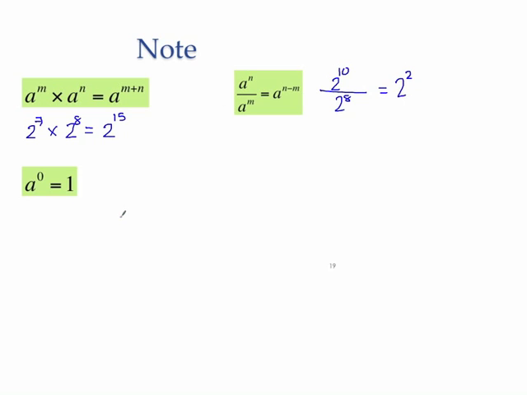Okay, for the next one, it's a bit of a special case. A to the 0, so anything to the power of 0 is equal to 1. So we can have 7 to the power of 0 is going to be 1. 201 to the power of 0 is still going to be 1. Okay, if we look at an example,